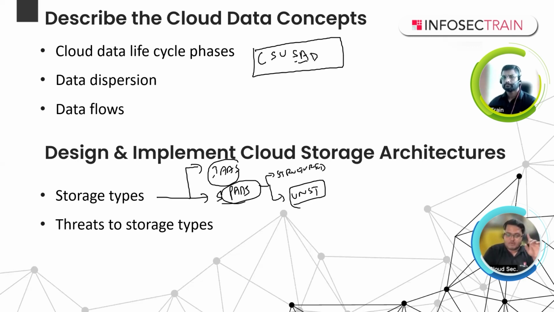One baseline point we have to keep in mind is that when you go to a cloud infrastructure, there is a cloud physical infrastructure. On top of that, we have IaaS storage, and on top of that we have PaaS storage. Each of these things is built on top of the other. Sorry, the PaaS is built on top of the IaaS, and SaaS is built on top of the PaaS. So that's something we have to keep in mind.